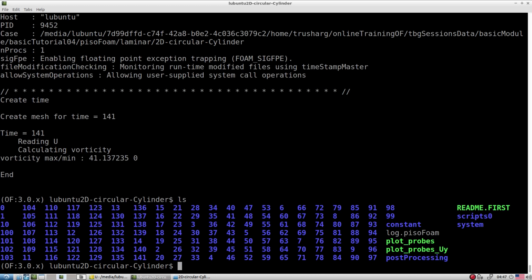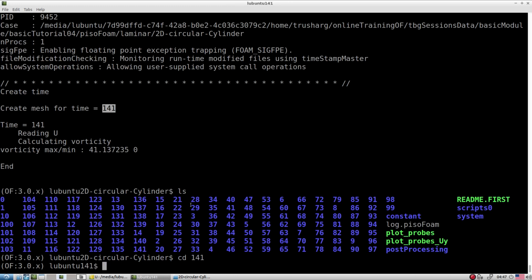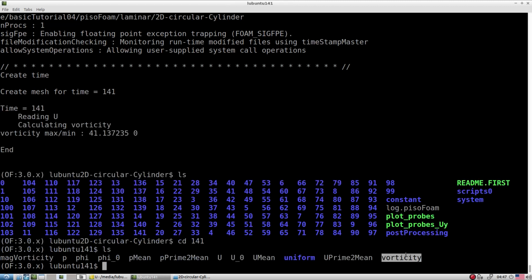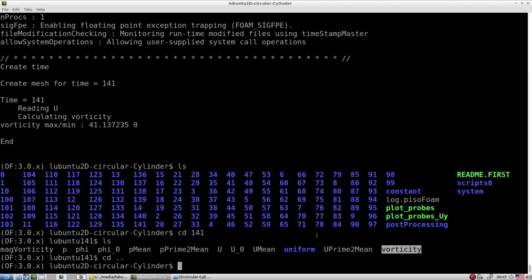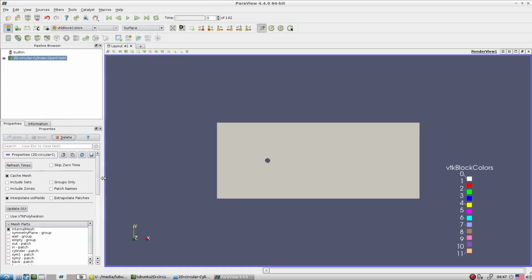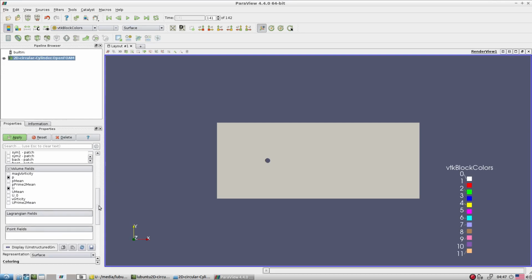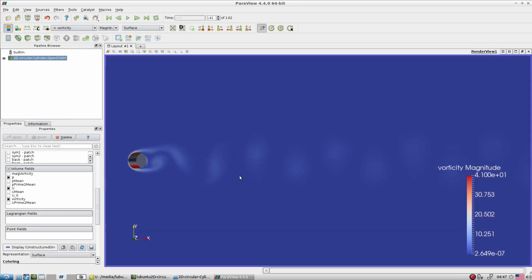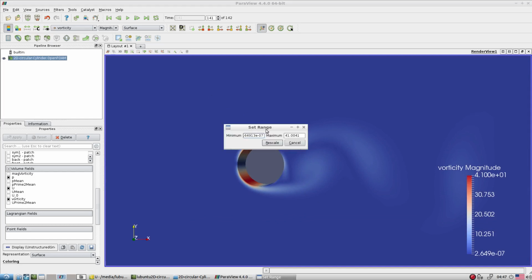What does that mean? For each backup file you have, it writes an extra vorticity file. So if you look at this folder, you will see vorticity is written here, and this can be accessed when you go to ParaView. In ParaView, go to the last instant, and in the last instant you see this vorticity as well. Activate this vorticity, and from here you can see the vorticity plot. So this is the magnitude of vorticity.